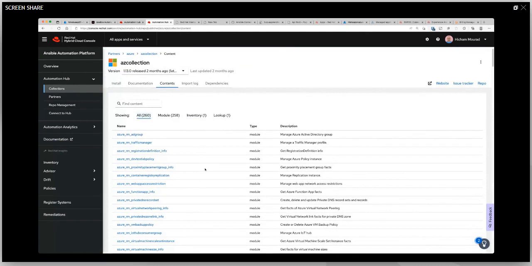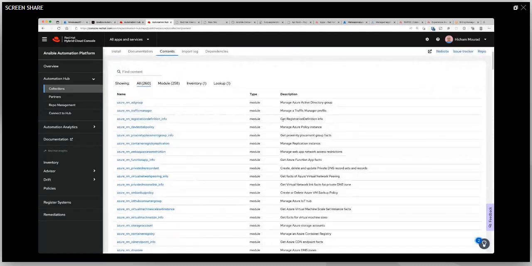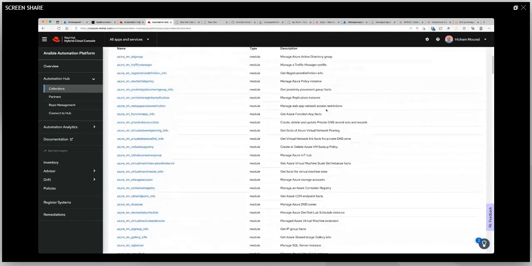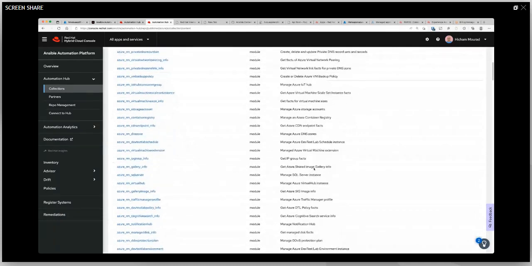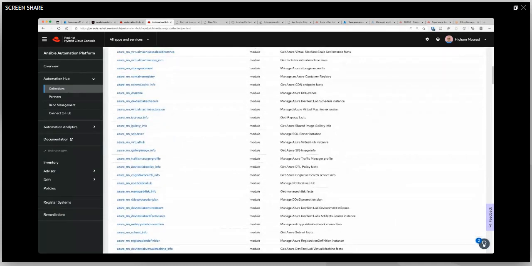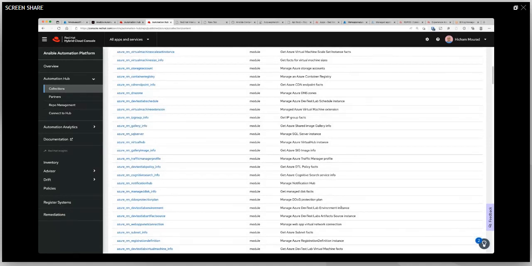I can manage Azure Active Directory groups, right? If you scroll down, I can do user management. I can do policy management. I can do AKS, Kubernetes management. I can do database management. So anything you can think of, we actually have modules for you to manage. The great thing about leveraging these is we interrogate the control plane API on Azure directly, so you don't have to worry about it. We have all these modules built for you, and you get to really just leverage